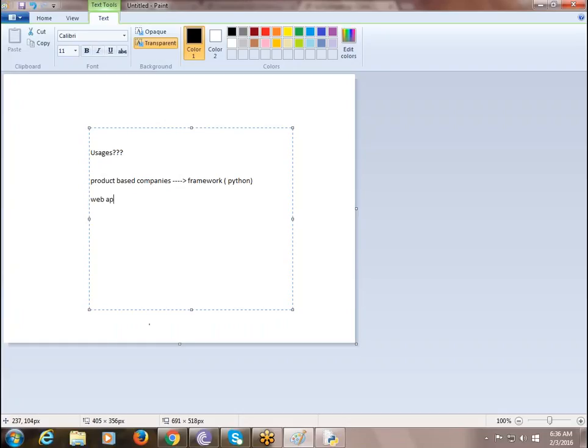The next is web application designing. Generally, to design a website, they usually prefer HTML, CSS and JavaScript. Using these, they are supposed to design websites. Later on, the approach came to PHP. Before 2 years back, most people started using PHP for designing their web applications. But since 2 years back,